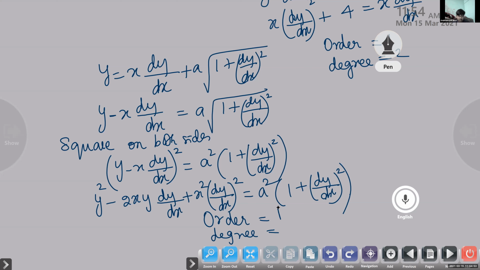Aparna? Ma'am, 2. What is the highest power? Look at the power. Here the power is 1. Here we have dy by dx the whole square, and here also we have dy by dx the whole square. So the degree is 2. Is it okay, Shubham? Yes, ma'am. Next time you have to give the correct answer. Okay, children, copy this one. After that, I'll give one more question. Try to give the answer.